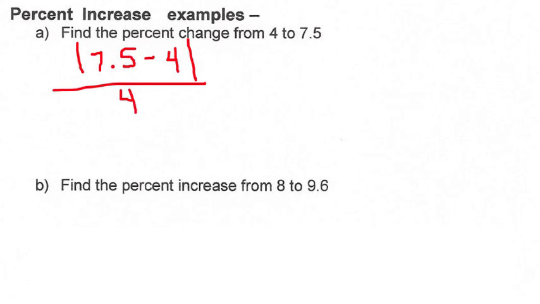Now let's do a few practice problems together. A says find the percent change from 4 to 7.5. Remember, first you have to subtract 4 and 7.5. Take the absolute value, and it's over the original amount. So it says from 4 to 7.5, so the original is 4. So 7.5 minus 4 is 3.5. 3.5 divided by 4 times 100